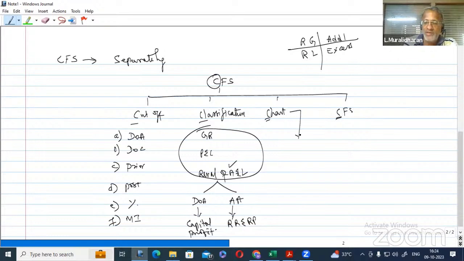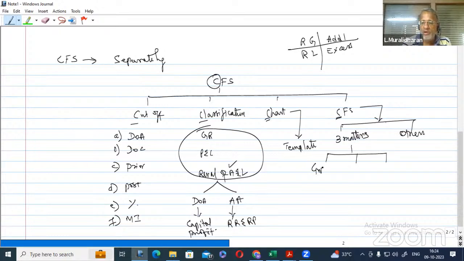So this chart is nothing but a template. This template is going to reduce your time to get your final solution. A consolidated financial statement has got to be prepared. In this way, I would just say there are 3 important matters and others. What are those 3 important matters that we will be looking into? Number 1, it is goodwill or capital reserve. Then non-controlling interest or minority interest. Then the next one is consolidated reserves and surplus. So these are the 3 things that we will be looking at from this template, and the rest of the matter